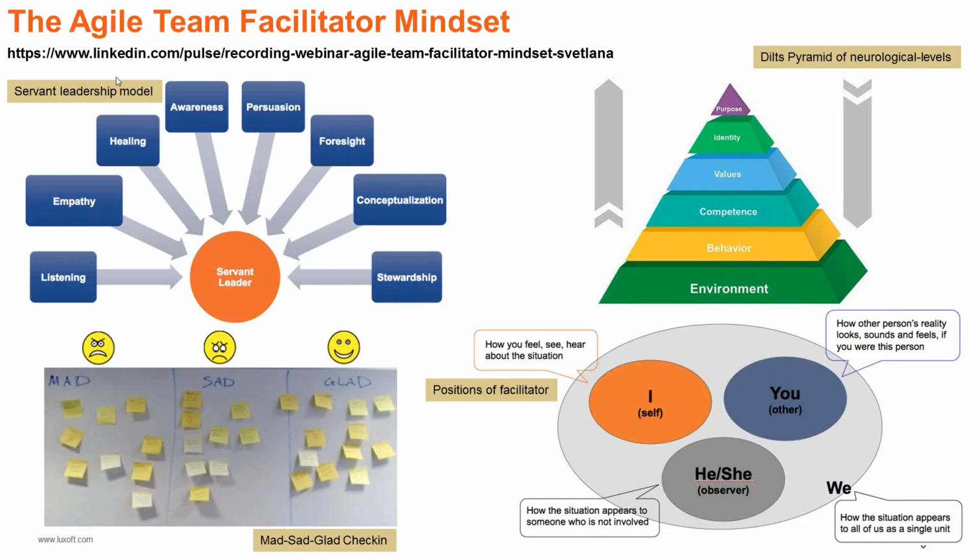So during this first webinar, we observed 7th leadership model. All the models are labeled. There are some markers how the model is called, so you can get the detailed information on this model either by listening the recording of the webinar or by Googling it. Dilts' pyramid of neurological levels was also discussed during Agile Team Facilitation mindset, Facilitator mindset, as well as check-in, Met, Set, Glad, and position of facilitator.